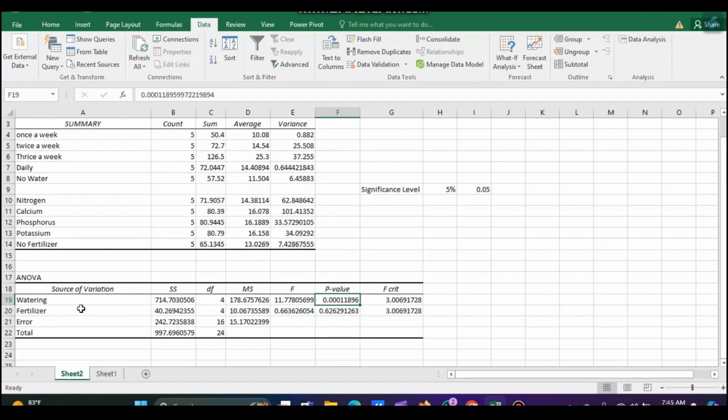So let's go again to the influence of fertilizer. We find that our p-value is 0.6262, which is higher than the significance level. So what do we conclude? We fail to reject the null hypothesis. In this case, our null hypothesis was that fertilizer does not have an influence on the weight of the fruit. Now we don't reject it, so we say that it's true: despite the type of fertilizer that you're using, be it nitrogen, calcium, phosphorus, potassium, or even not applying fertilizer, you're not going to get a different weight of fruit. So the weight of fruit is not dependent on the fertilizer that you are using. Rather, it is dependent on the level of